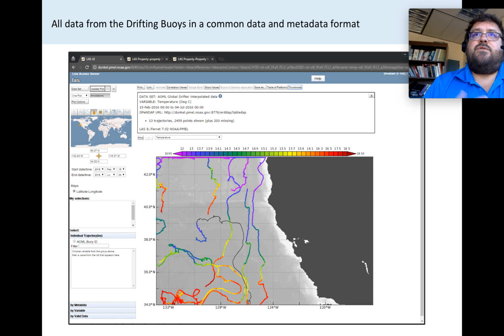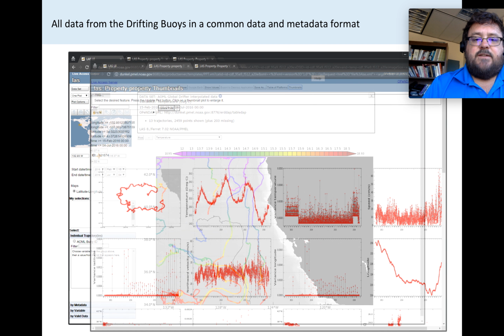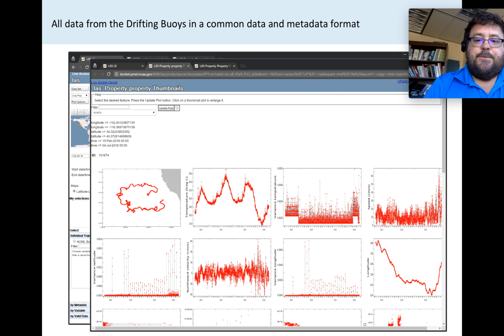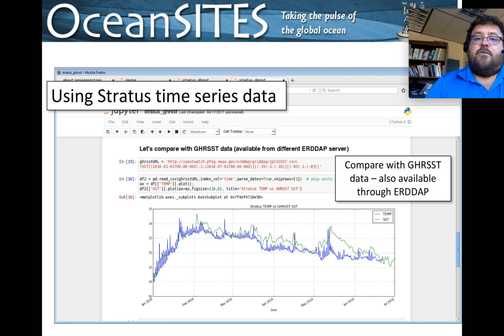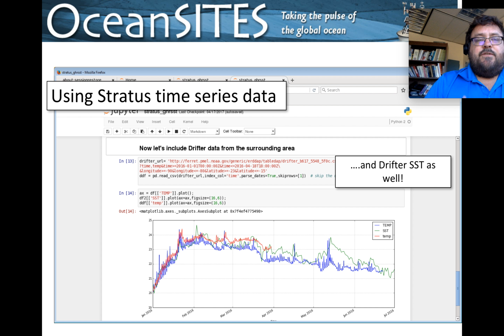It means we're able to use these higher level tools to drill down into the data and learn more about it very easily. In fact, other clients are quite easily prepared to, and can currently, connect to ERDDAP, grab the data, and use the data. So it's an easy to use framework for many clients that people are already familiar with. If we go back to that notebook where we had the Stratus data with the GRIS data, now that the drifter data is also in ERDDAP, it's another single couple of commands to grab the URL and plot the data. Now we're looking at the data from the drifters plotted over the other as well.